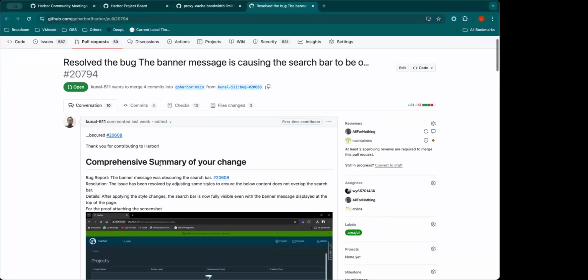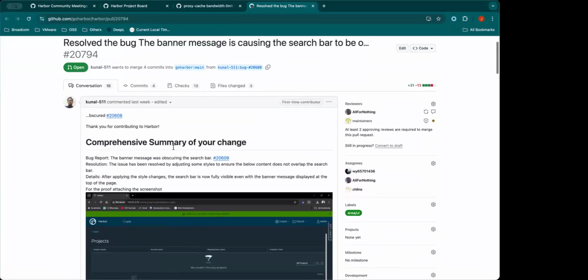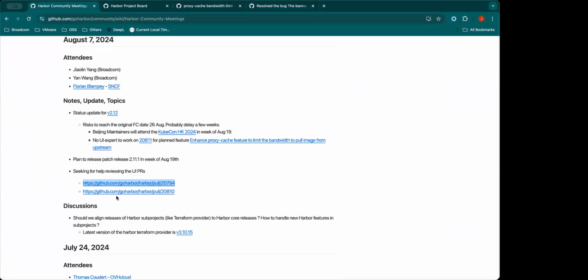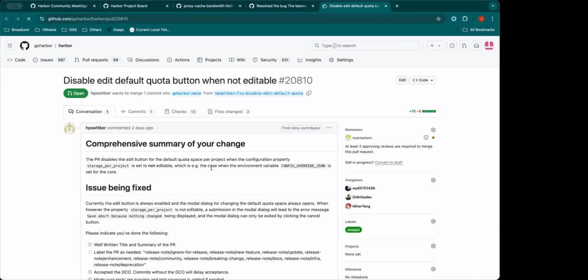This one is for the banner message. We need some UI experts to help review this change. And the other one is this ticket.